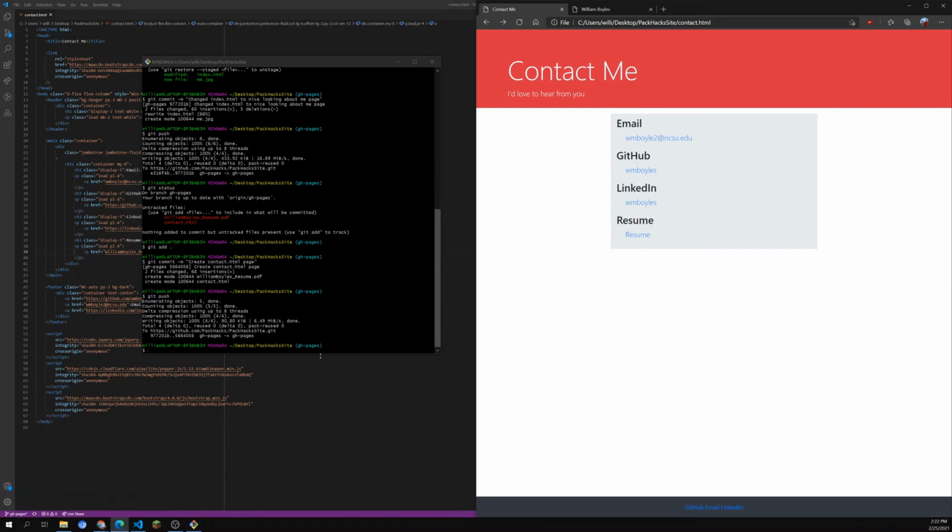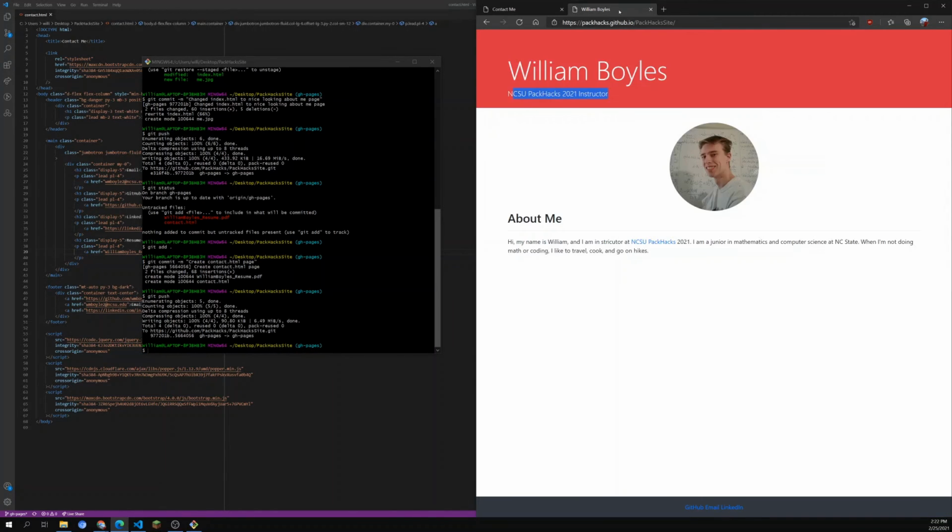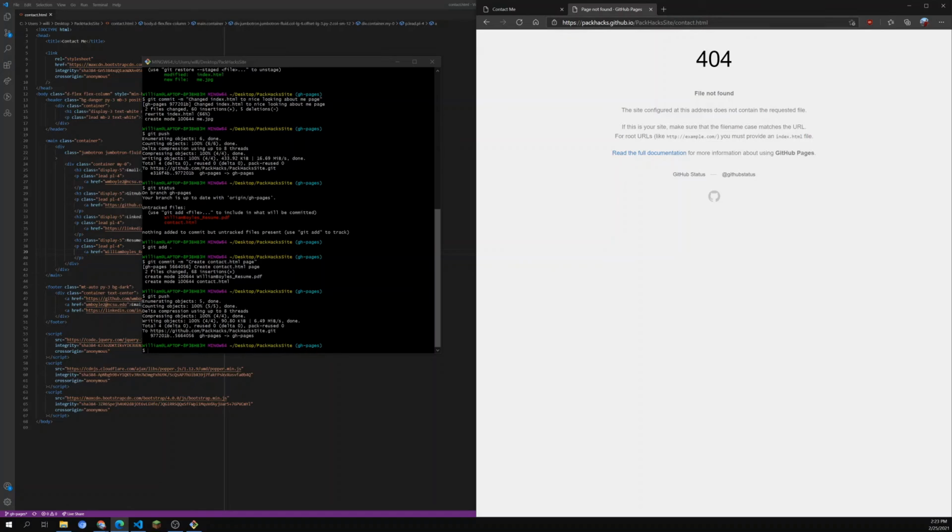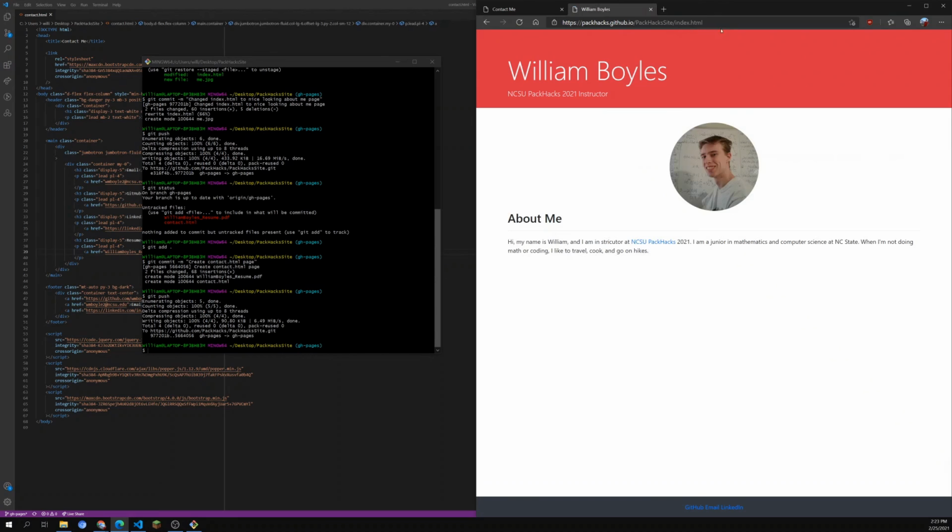So now, if we go to our GitHub page and say contact.html here, and we'll probably have to give it a second because it just got pushed. In the meantime, we can see that index.html is there. If we go to contact,